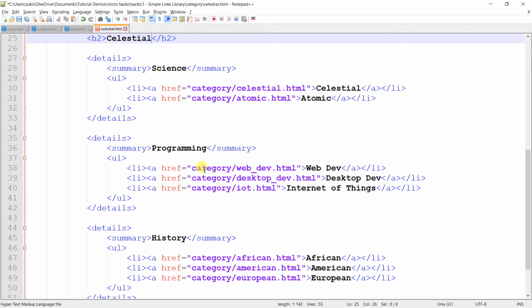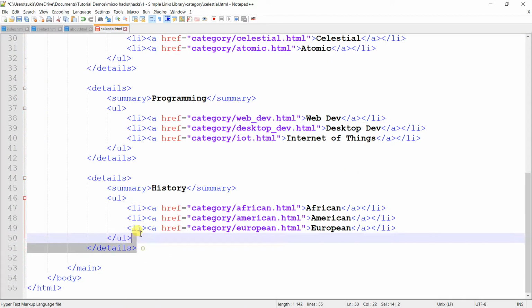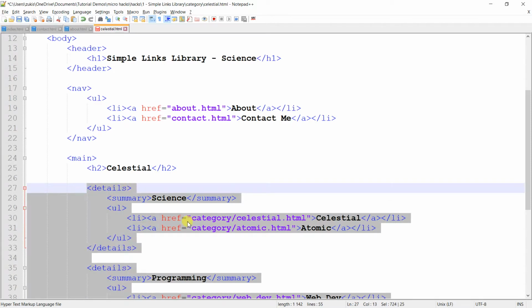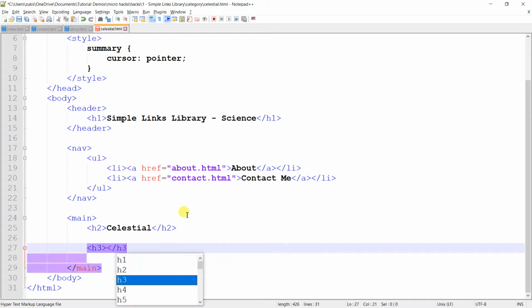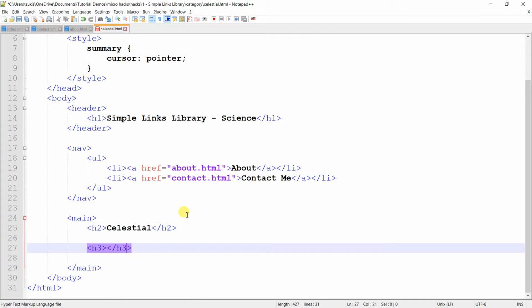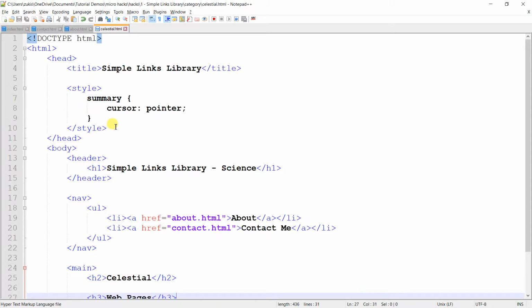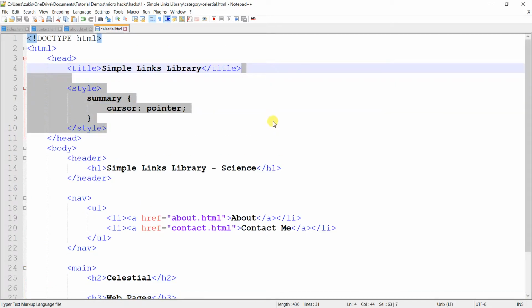Okay, and then I'll have an h3 level heading where I will say web pages. So I'm saying web pages because I envision us, and we'll remove the style, we don't need it,